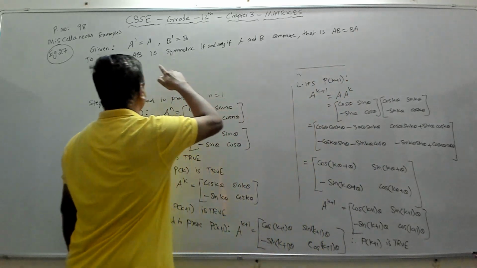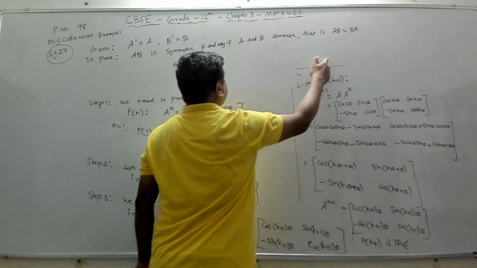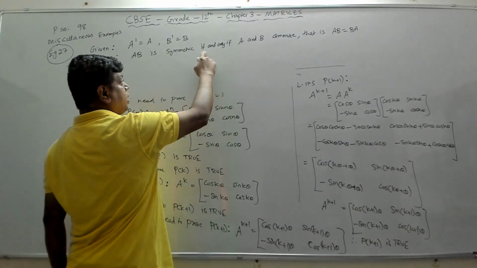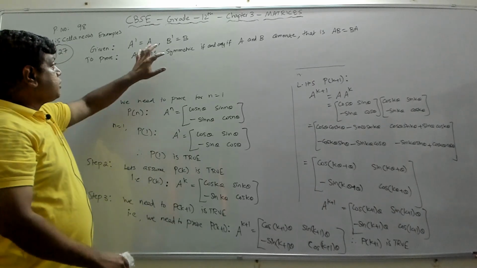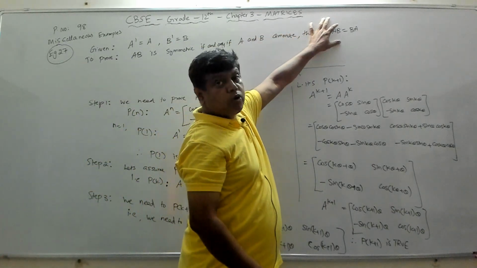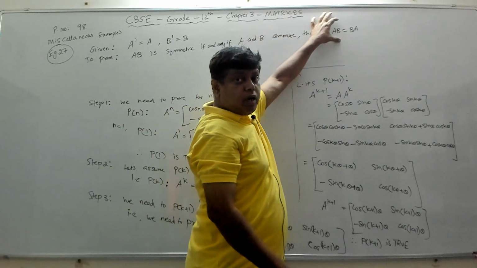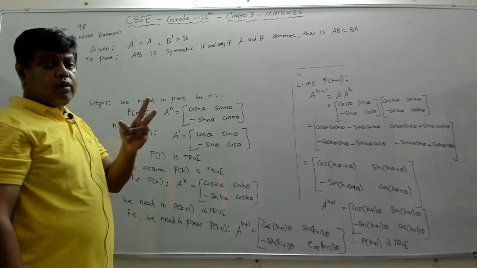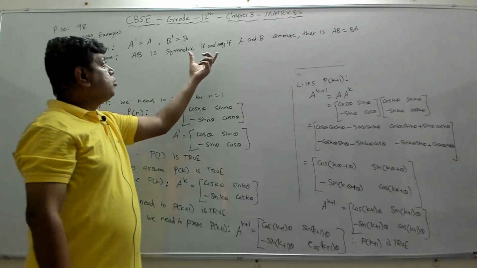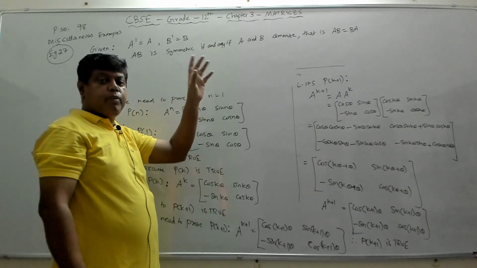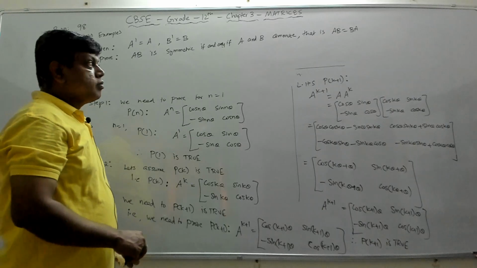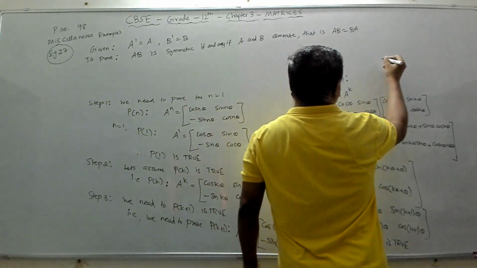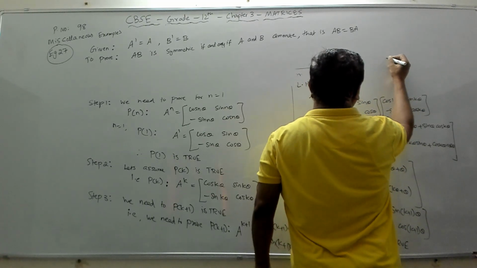So we have to prove that AB is symmetric whenever AB equal to BA. And since it is if and only if, you have to prove the reverse way also. The meaning of if and only if means, if this is true, we have to prove that AB equal to BA. Then the other way is, if AB equal to BA, then we have to prove this. So there are two parts that we need to prove. If and only if means both sides you have to prove. You might have studied this in your mathematical reasoning chapter in your 11th standard.